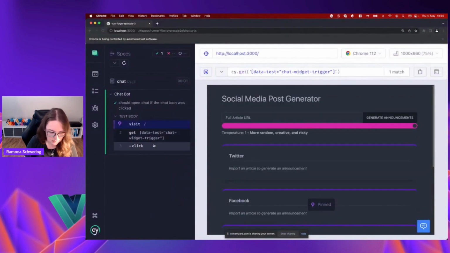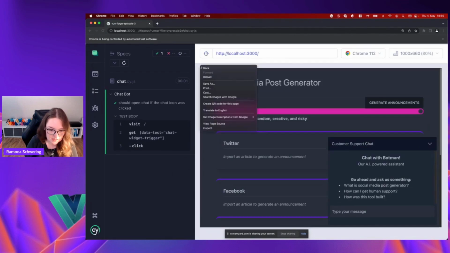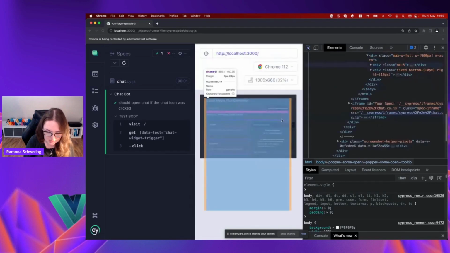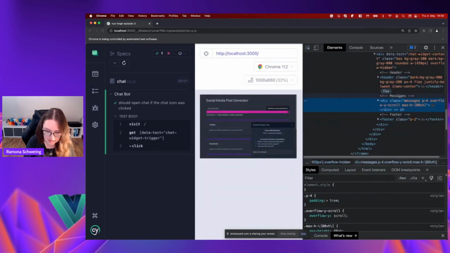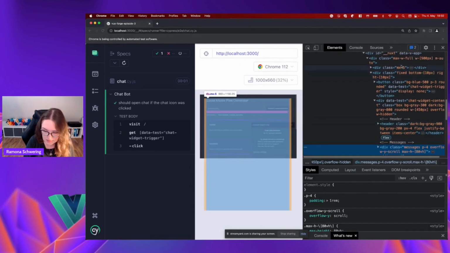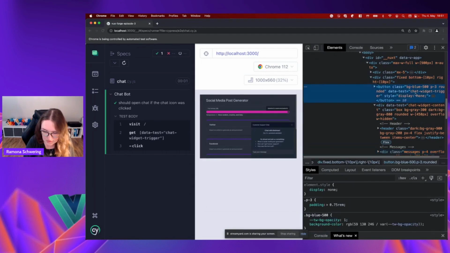So let's go back here, or I will simply rerun it. I will show you the second way of getting our selectors. Like you could use the dev tools the way you are used to when it comes to developer tools. So you could use this selector here and basically find the element by using the Chrome DevTools or Firefox. If you prefer to use Firefox, you could go with this one too. And there's a data test attribute too. So let's go with the chat